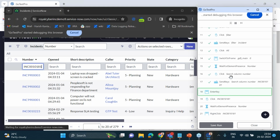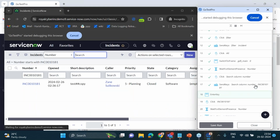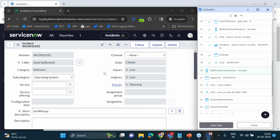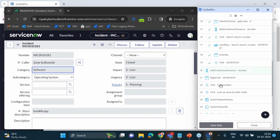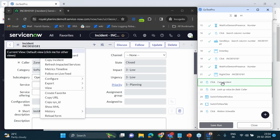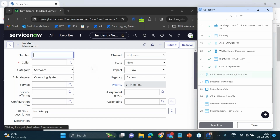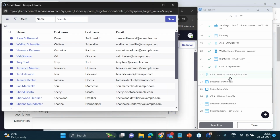What I'm trying to do is I will search one particular incident ID, that is INC 00100181, and I'll open that particular incident. On this incident, you can see I'm trying to create a copy of this incident. So the incident has been copied now, and now I'll be assigning a caller,